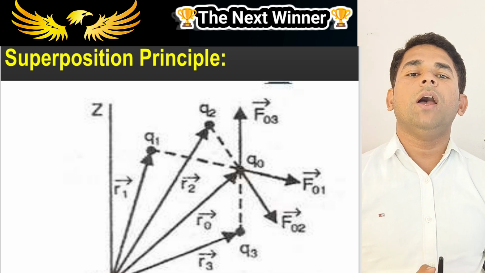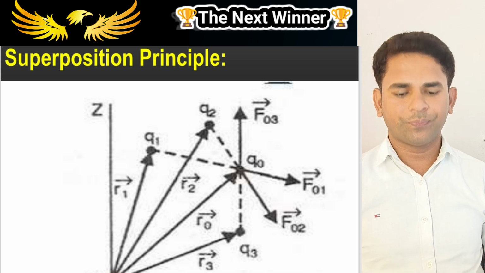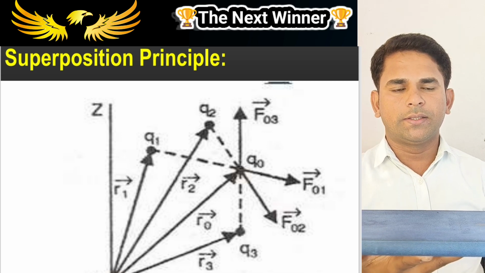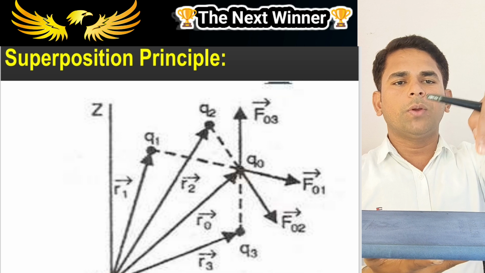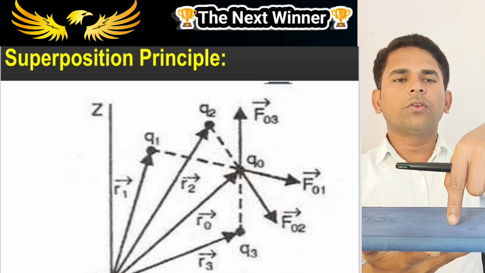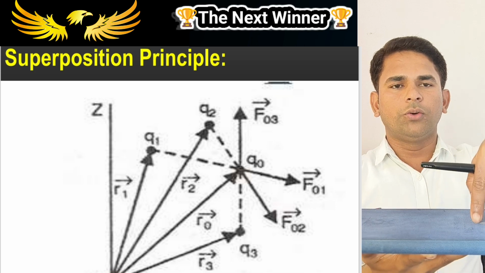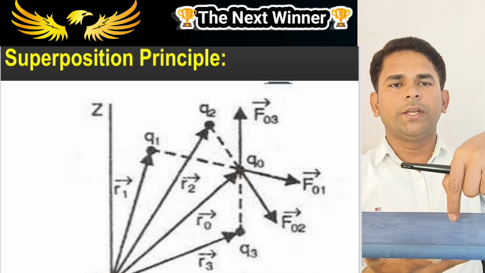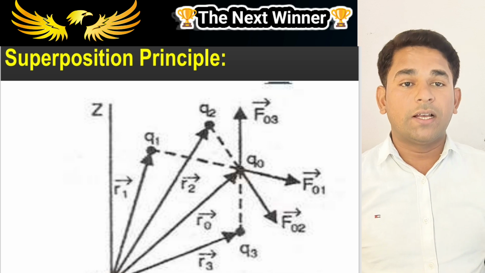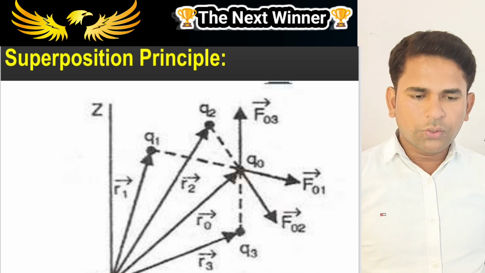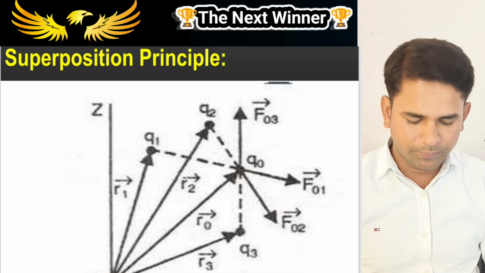But now suppose that you have a number of charges. Let me give one simple example. Let us see, there is one plane like this and there are a number of charges q1, q2, q3, q4, q5, and you keep one charge here, q0, and you are going to find the force on q0 due to q1, the force on q0 due to q2, the force on q0 due to q3, and so on, up to the force on q0 due to the last charge. You can see on the screen that there are a number of point charges spread over the plane.